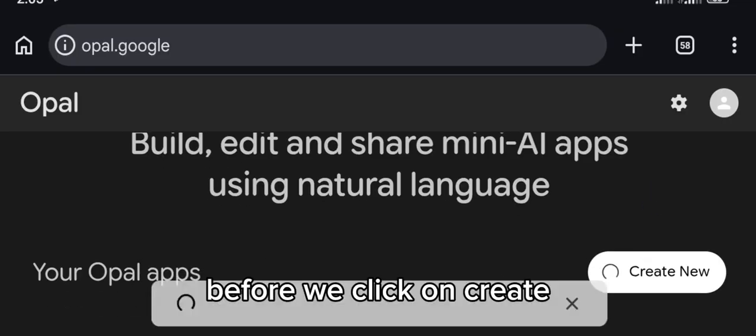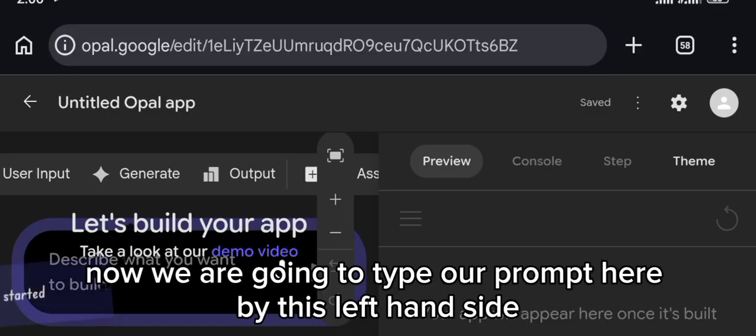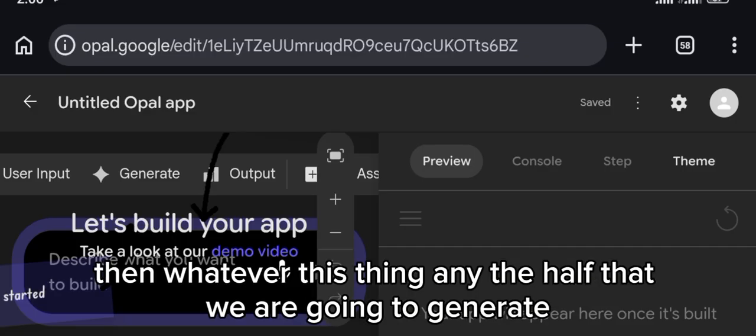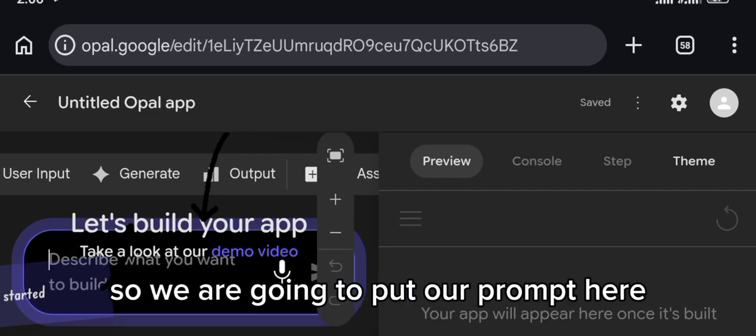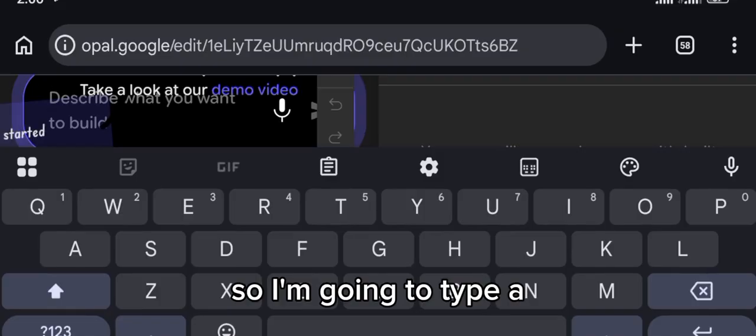So we click on create. Then we are going to type our prompt here. On the left hand side, we put our prompt, then whatever app we generate is going to appear on the right hand side here. So we are going to put our prompt here. So I'm going to type